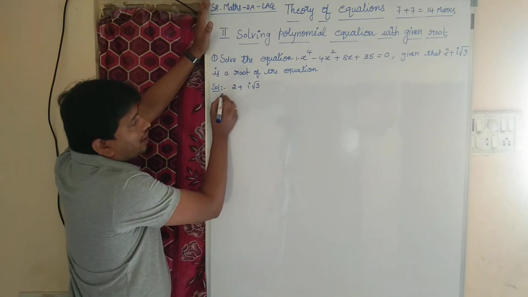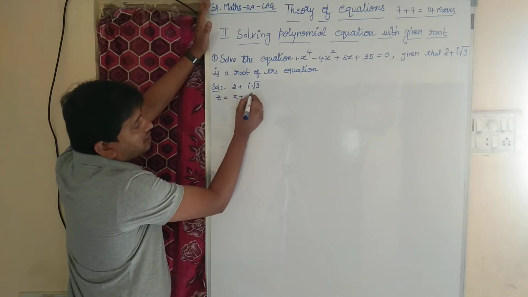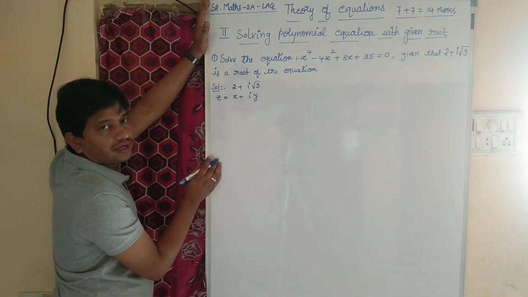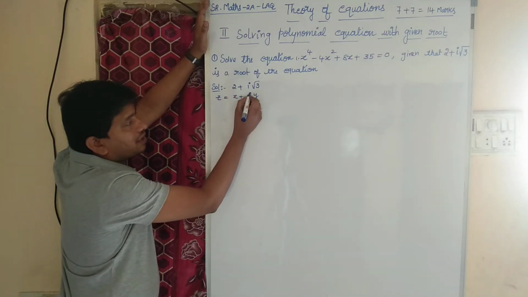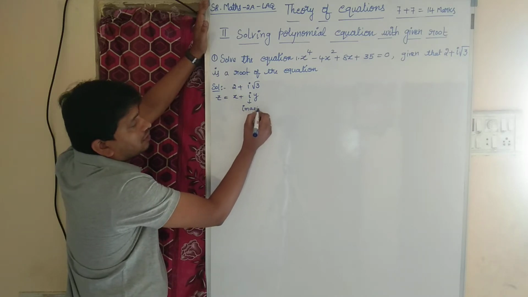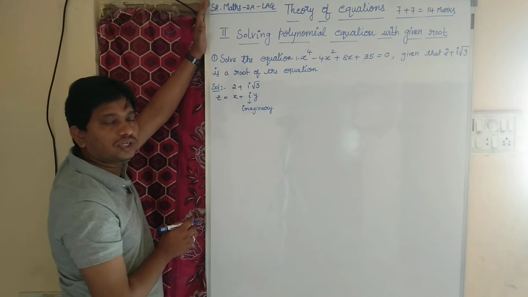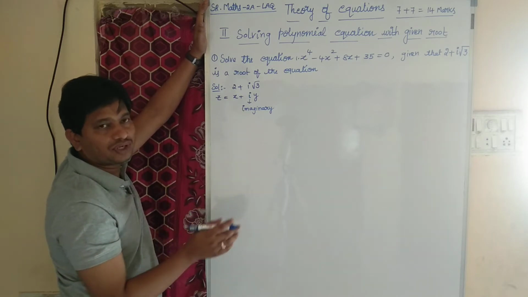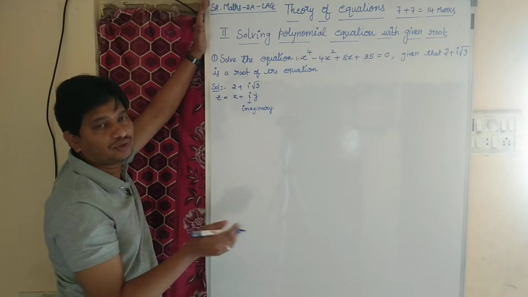Because we know that the standard form of a complex number is z equal to x plus iy. What do you mean by i here? i is nothing but imaginary. You know children, one root is 2 plus i root 3. What about the second root? The second root is 2 minus i root 3.